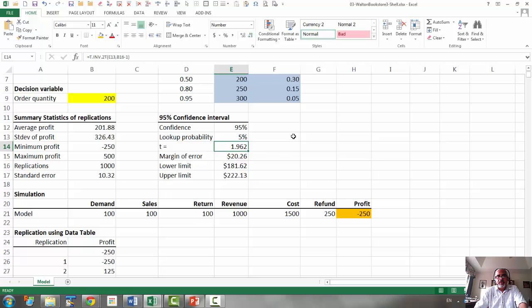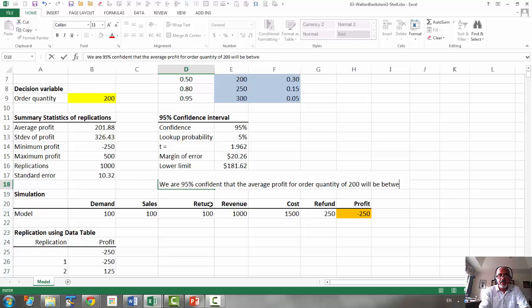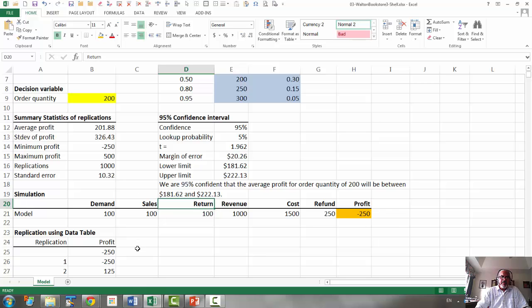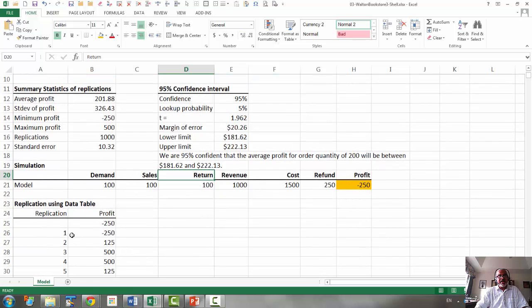Okay. So our interpretation is we are 95% confident that the average profit for order quantity of 200 will be between $181.62 and $222.13. Okay. So this is the same model like the previous one, except this time we are generating the replications